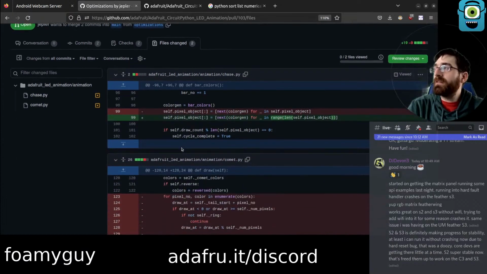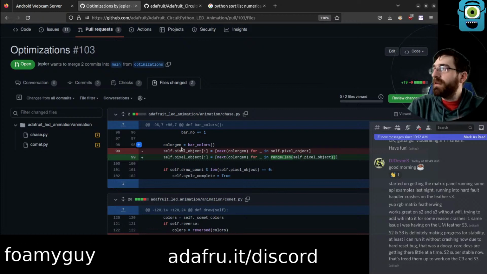S2 and S3 is making progress for stability. At least I can run it without crashing due to the hard reset bug. Yeah, I've done a lot more with S2 than any other Espressif platform at all, truthfully. And I don't run into too many issues. There have been a few over the, what, probably year or two? I forget when the S2 devices first started coming out, but